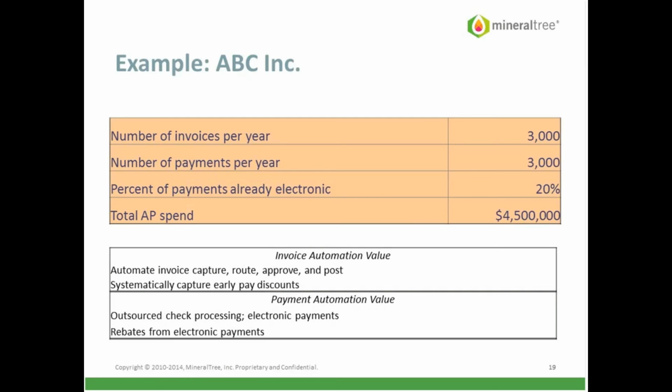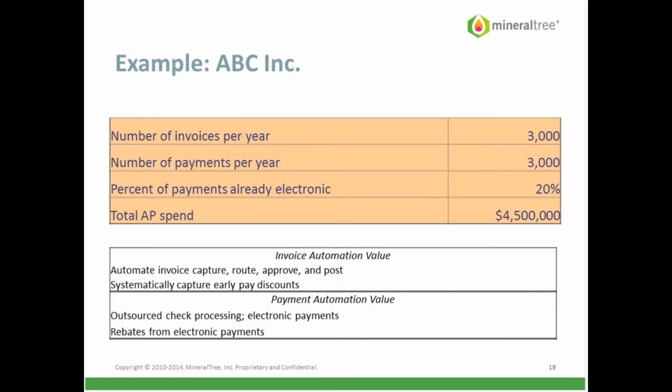And so, if you look at an example of a company, and I didn't put the actual company here, but this is a real scenario for a client of ours today. They do about 3,000 invoices and payments. They get about a 1-to-1 ratio. That may vary. A lot of people we talk with have a 2-to-1 invoice to payment ratio. Originally, they were doing 80% of their payments by check, 20% by ACH, and their total spend is about $4.5